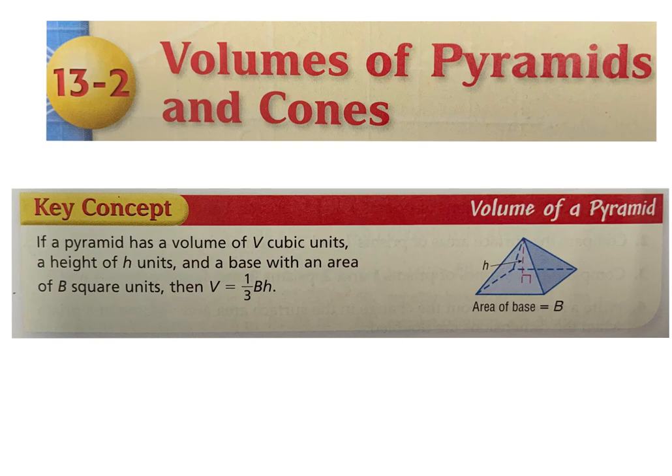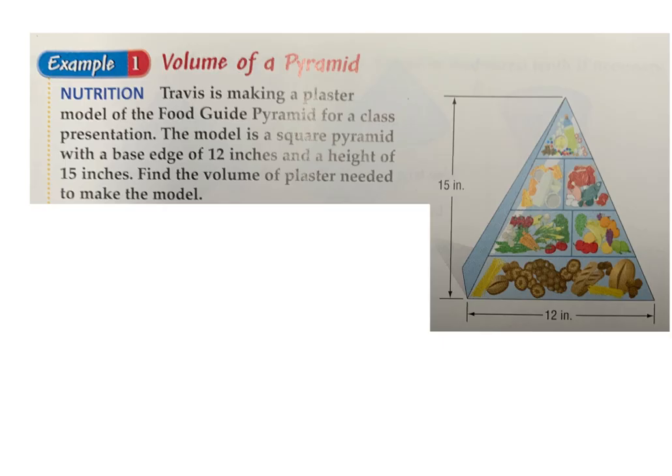Same exact formula, but cut by 1/3. So base times height divided by 3. 1/3 base times height is your pyramid. If you look at example 1,